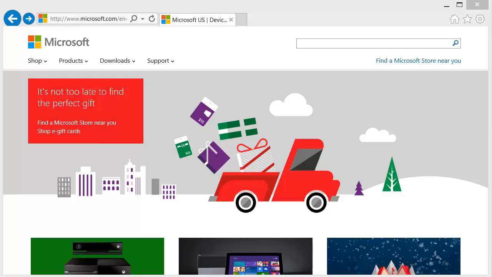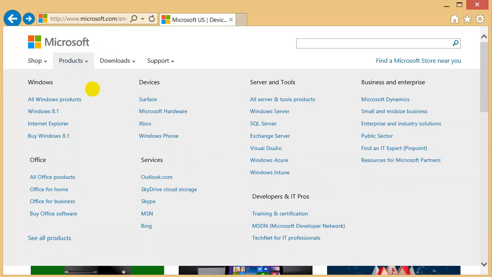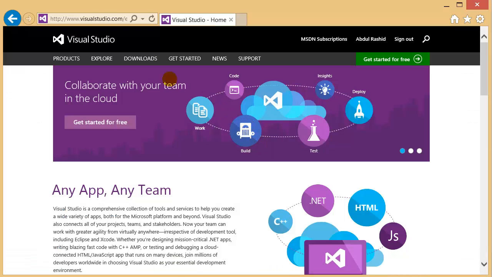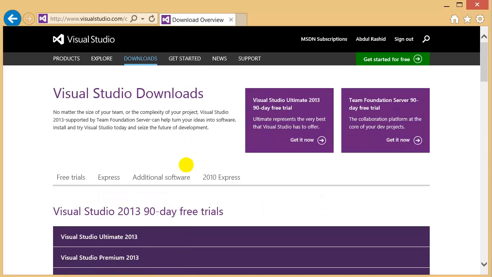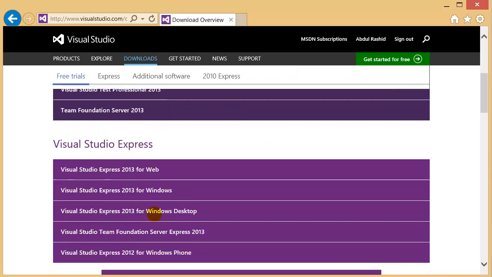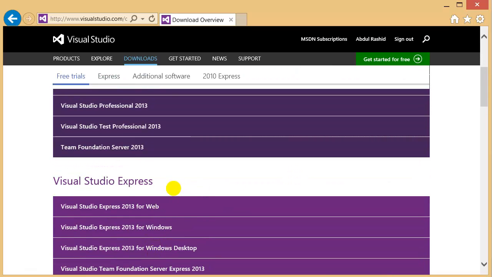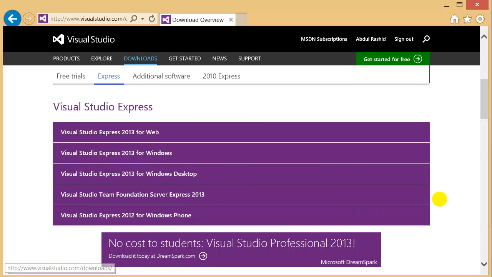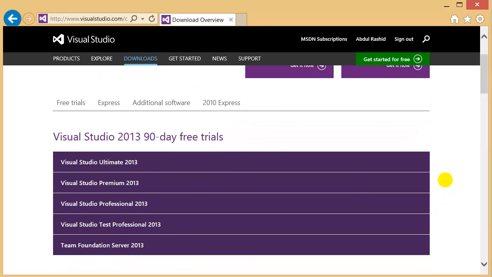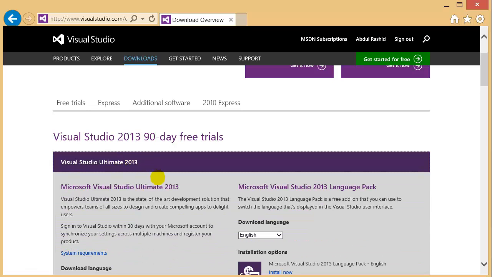First, you go to Microsoft.com, click Products, look for Visual Studio, click Visual Studio. Then you go to Downloads, click Downloads, and then you have a variety, or should I say versions, of Visual Studio. Here you have Visual Studio Express, which is free, but it has less capability and fewer functions. So I would advise you to get Visual Studio Ultimate. You click Visual Studio Ultimate,